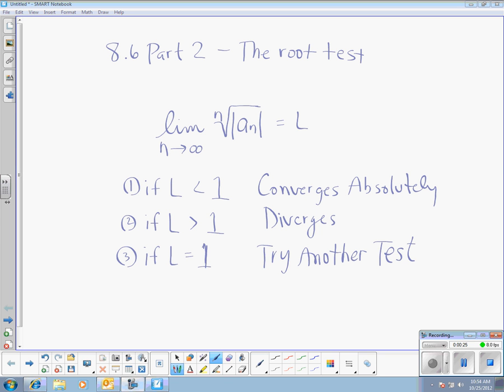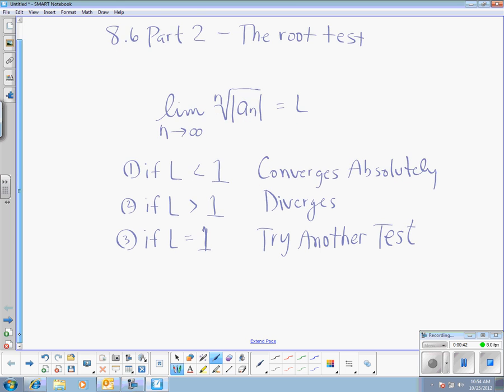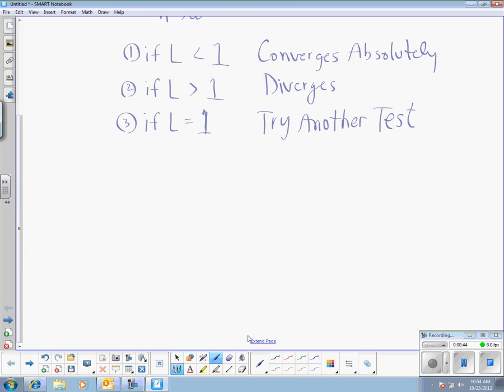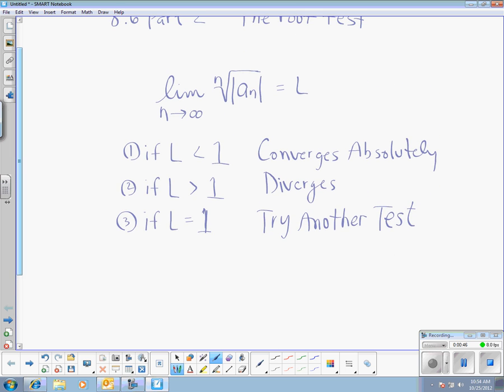ratio test. So go ahead and pause for a few seconds and write down these rules for the root test. You should see a lot of similarities to the ratio test in here as far as the conclusions go. And then, all right, go ahead and pause. If you need a minute, pause. Okay, so you're going to want to use this root test